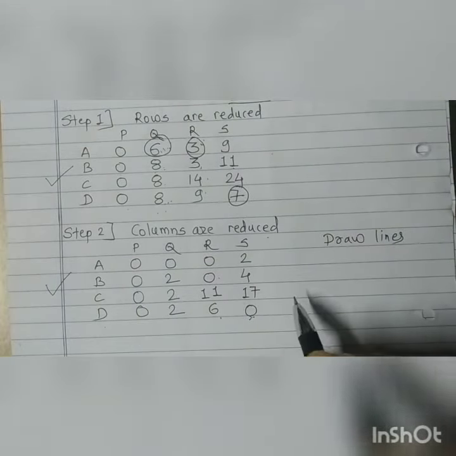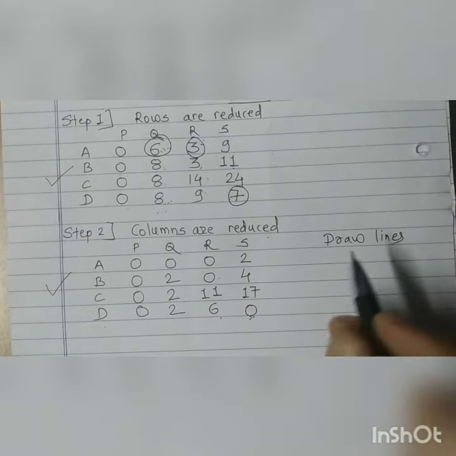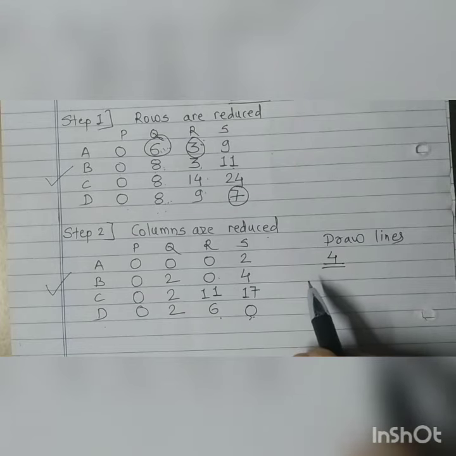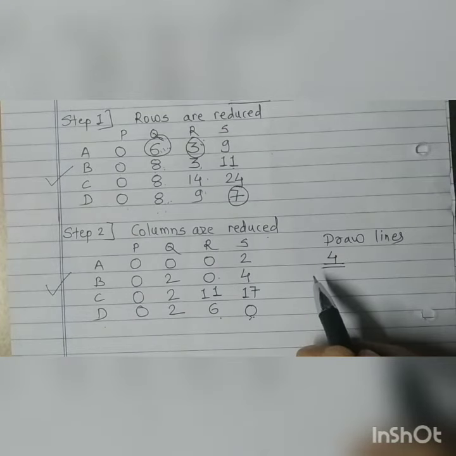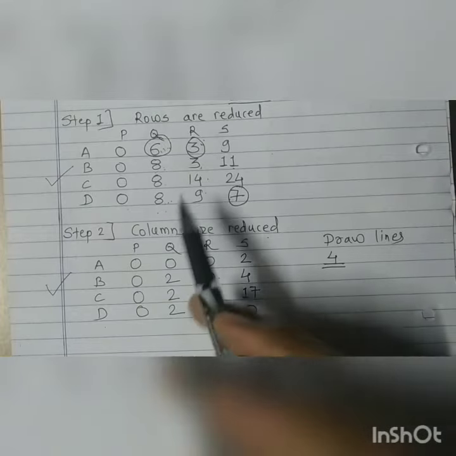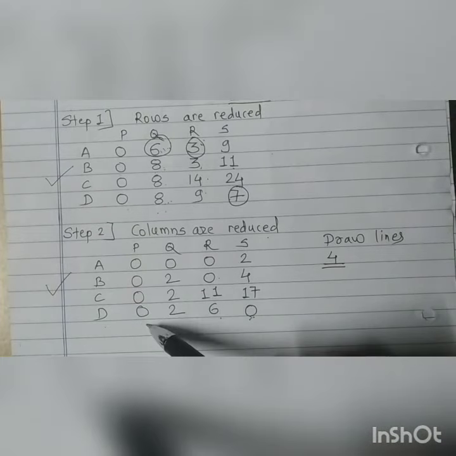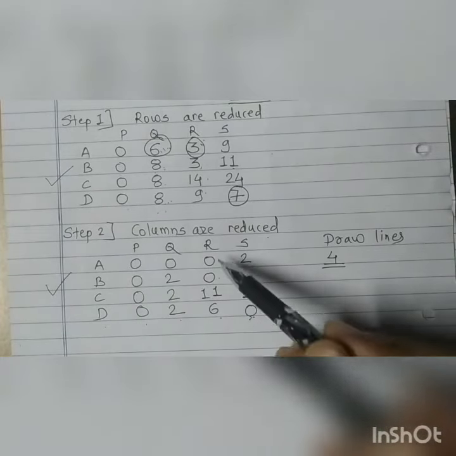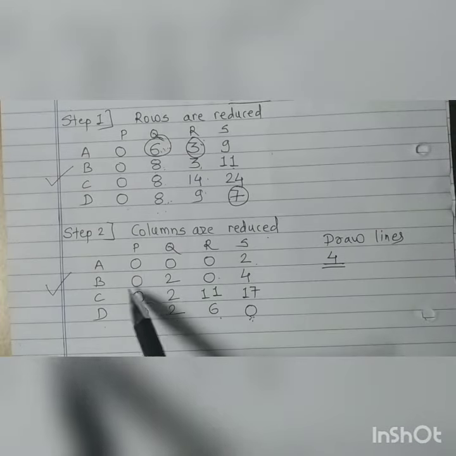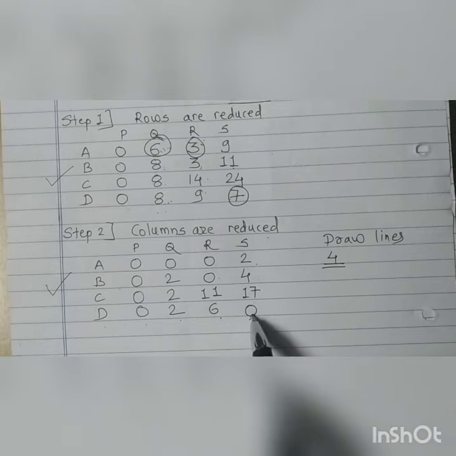How are we going to draw lines? This matrix is 4 by 4 matrix. So we are in search of 4 zeros. 4 zeros should be there in a particular row or column. So can we find 4 zeros along with a particular row or along with any particular column? Yes. Horizontally and vertically search. So here in the first column there are 4 zeros. Here it is 1 0, 2 zeros and 1 0. Here 3 zeros are there, 2 zeros, 1 0 and 2 zeros are there.